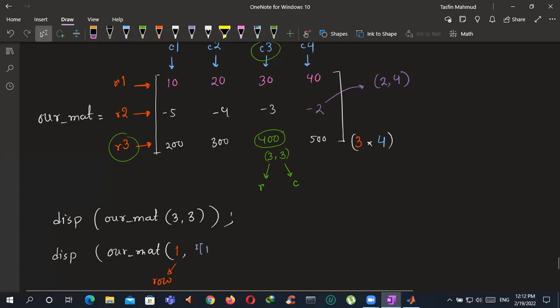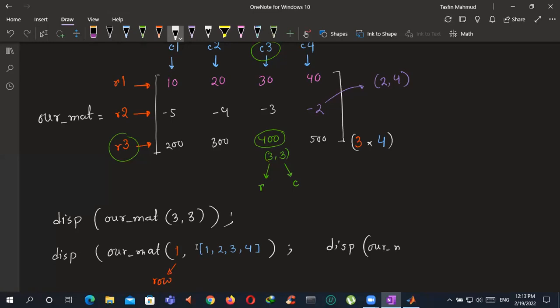So we wanted to get the value of first column, second column, third column, and fourth column. Okay, so we can write it in this way, and we may write it in an alternative way using the colon operator, right? So if we want to use the colon operator, the first row, and then for the columns we can use the shorthand 1:4,